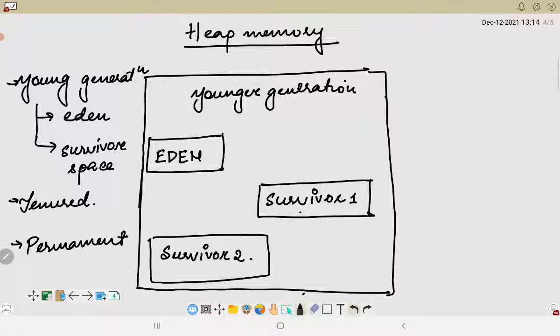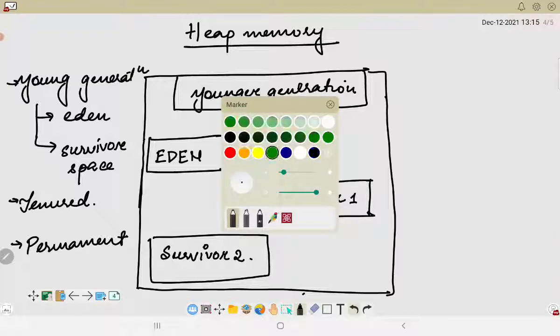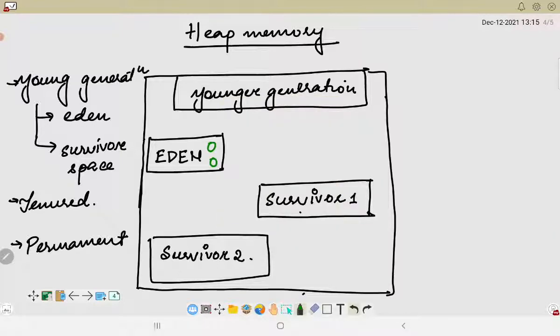In order to understand, first of all, whenever an object is created, that object is basically created inside the space Eden. So here the space would be provided. If I have something in the stack, let's say two reference variables t1 and t2, these are pointing to the particular objects which are being created.